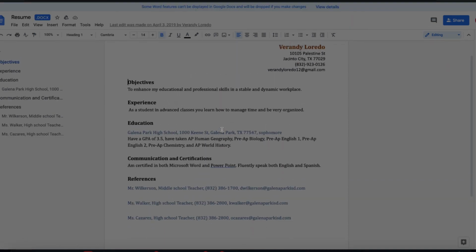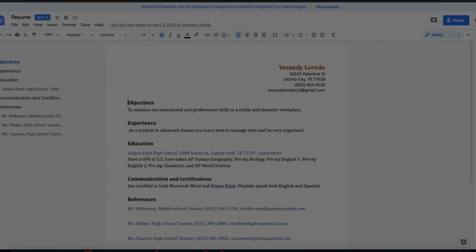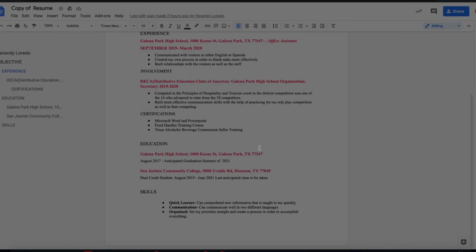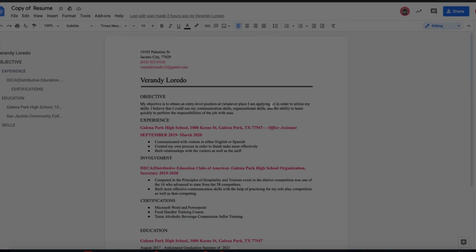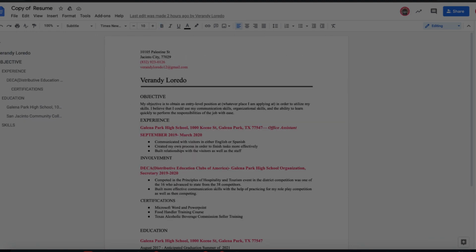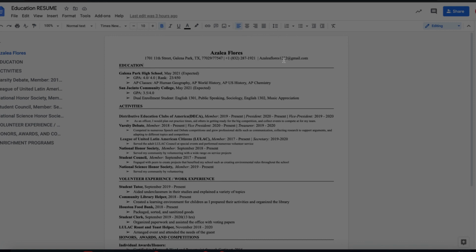It shows how it's very bare minimum, and she has her education here, which has her GPA and her classes, but they don't care about that. And here's her final product, which highlights her key strengths more accurately, I should say. So these are two examples that you should follow and that you can look upon when you are having trouble